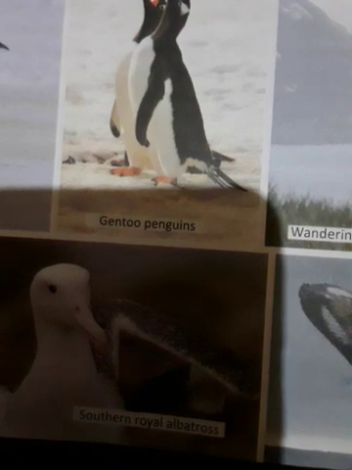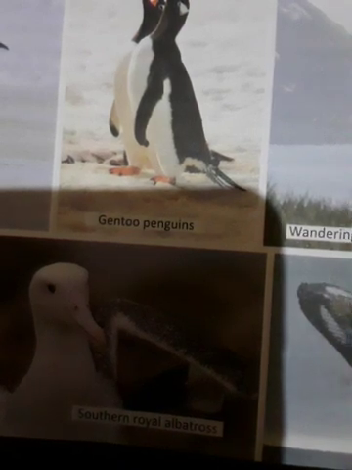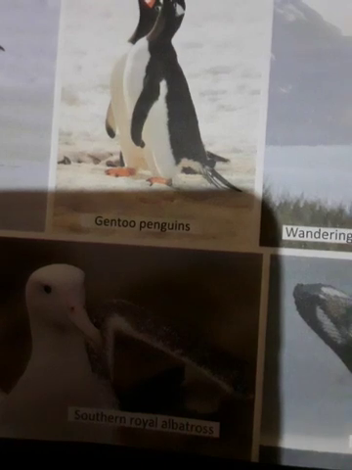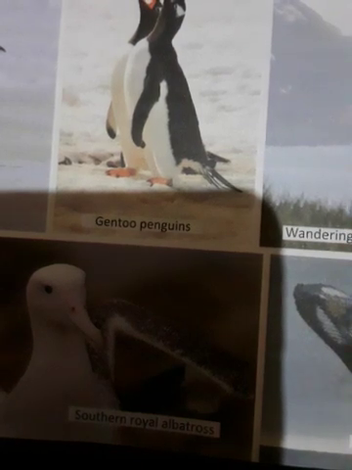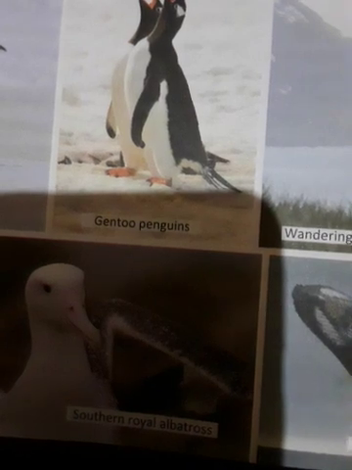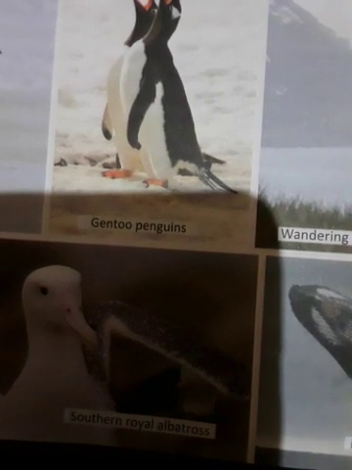And Antarctica, how is it governed? It is governed by the Antarctic Treaty System. And what does this system consist of? It consists of the Antarctic Treaty and a number of related agreements. The treaty was signed in the year 1959 and it came into existence in the year 1961.